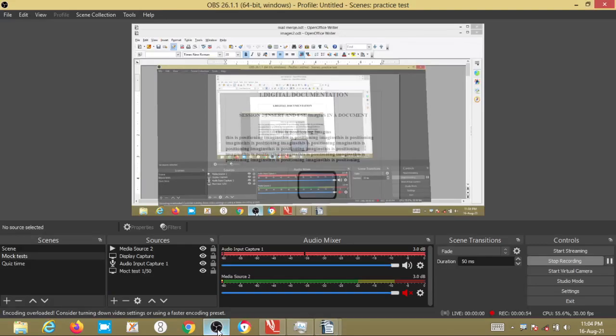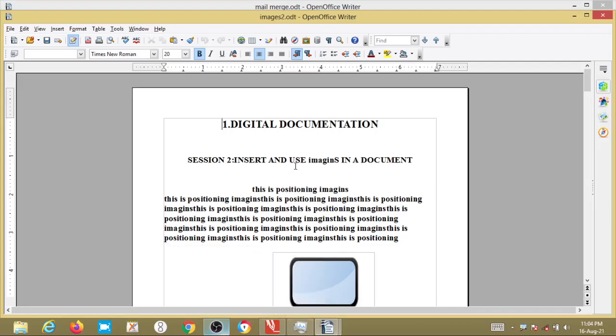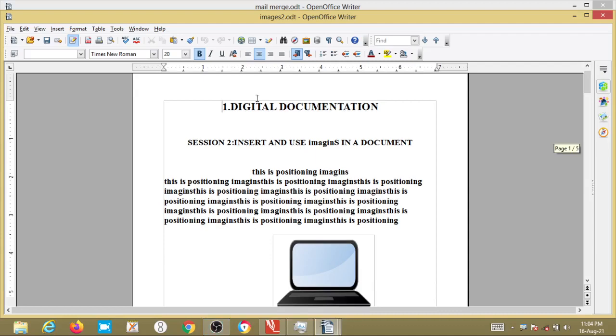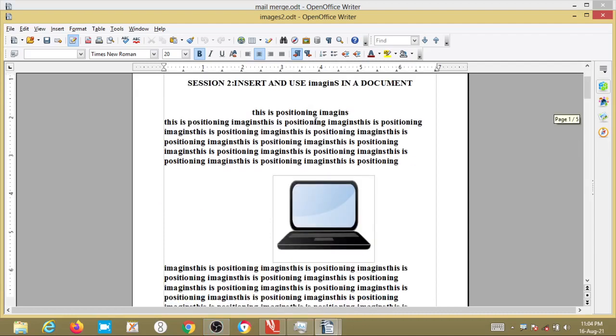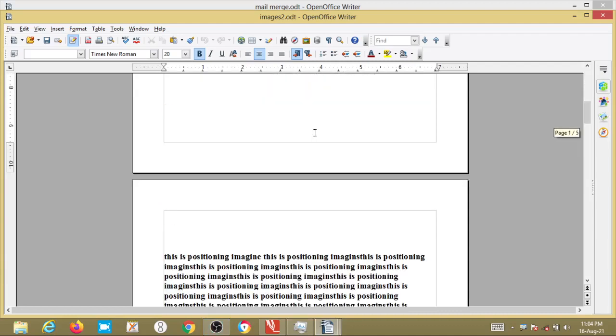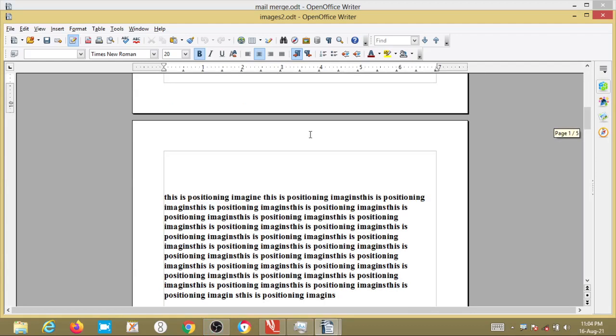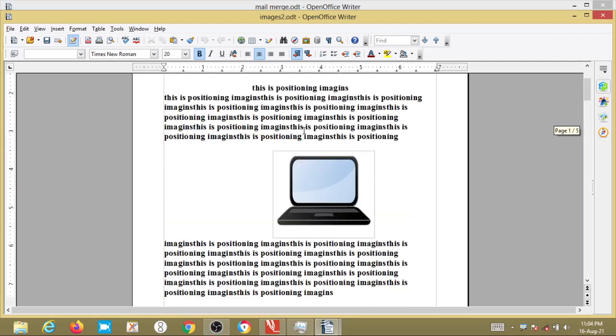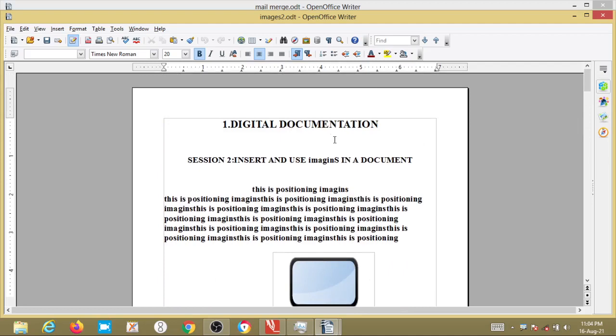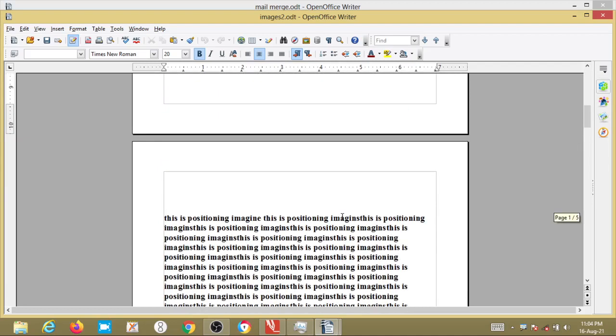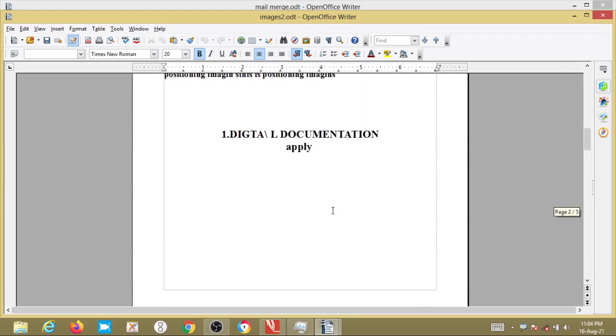Now select any one text or one document. I have selected here. See, this digital document has to be present on all the 5 pages. What I did last time is I copied digital documentation and pasted it in the second page. But for every page I should not keep copying and pasting.